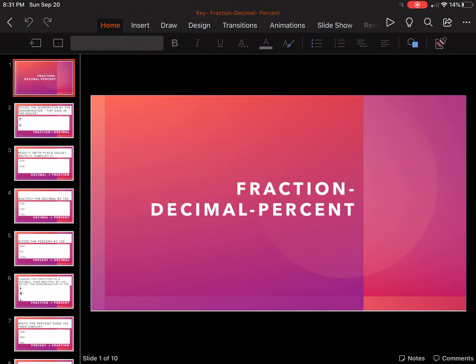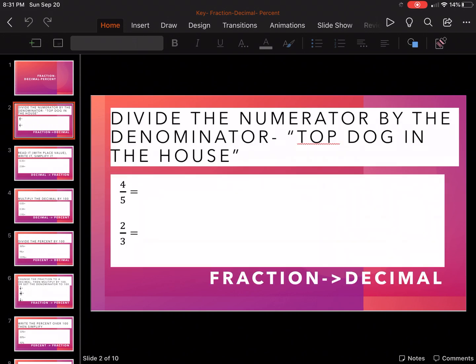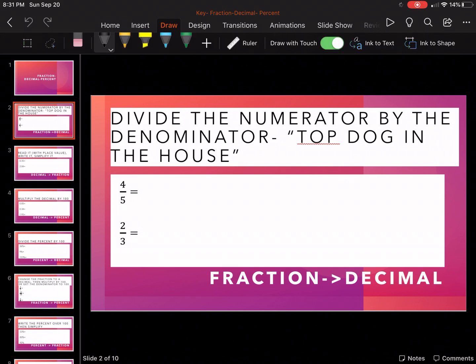Hey guys, in this video we're going to talk about fractions, decimals, and percent and changing them in between. So for this first one, at the bottom you'll notice what we're going between. So this one is between a fraction and a decimal. So to go from a fraction to a decimal, you're going to do the top dog in the house and